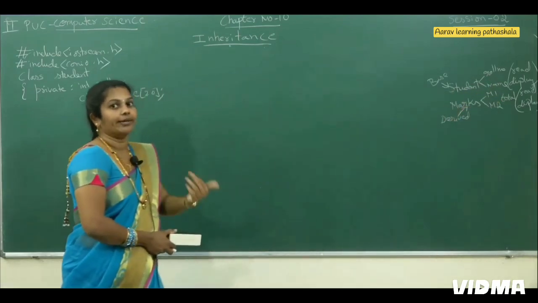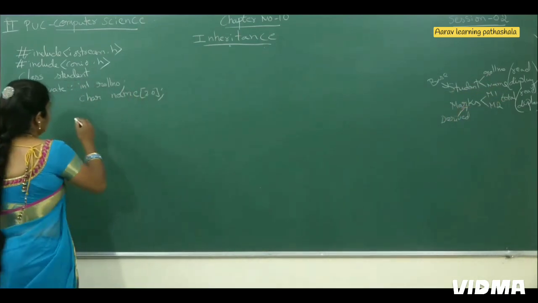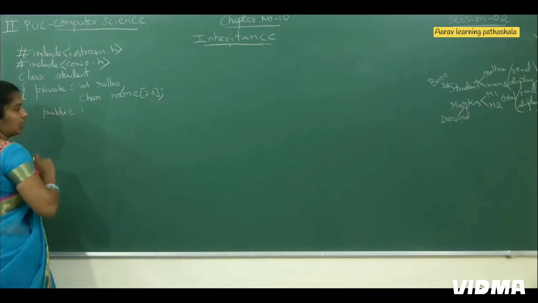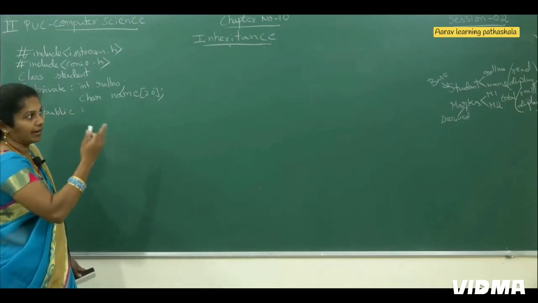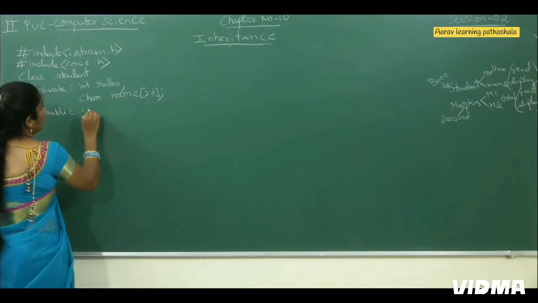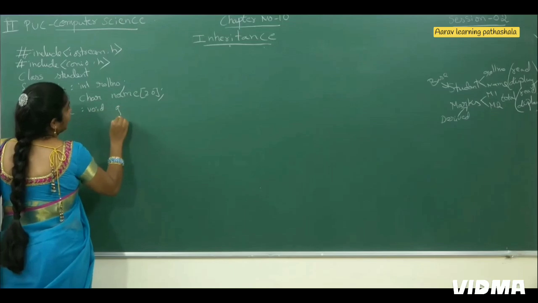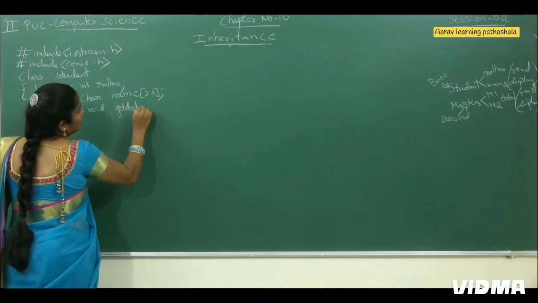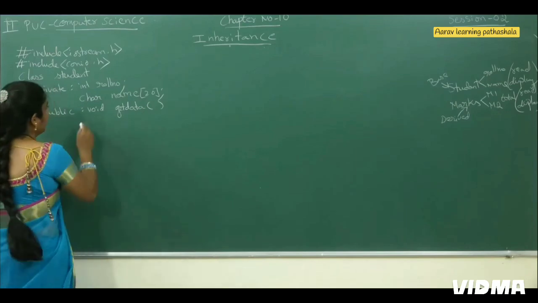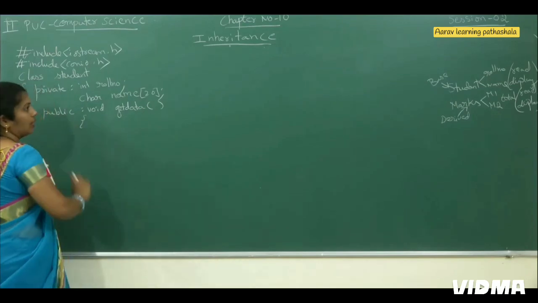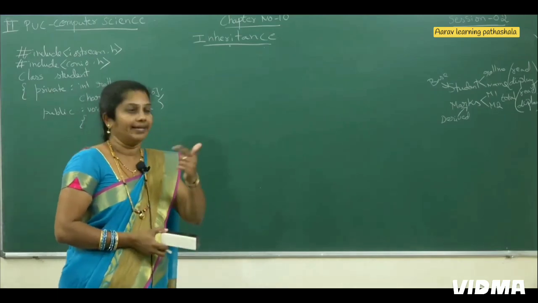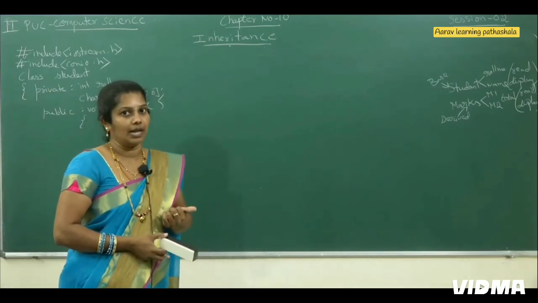What is the next thing? I have to read and display this value. Then in public section we have to write the statement, or we have to write the functions of read as well as display. Then void get data function. First I am to write read function. Read function and get data anta karitini. Inside this, what I want to write? I want to display enter the value of roll number as well as name.